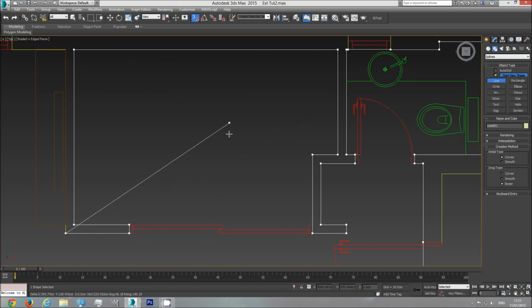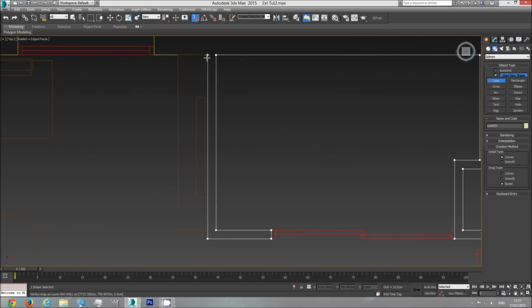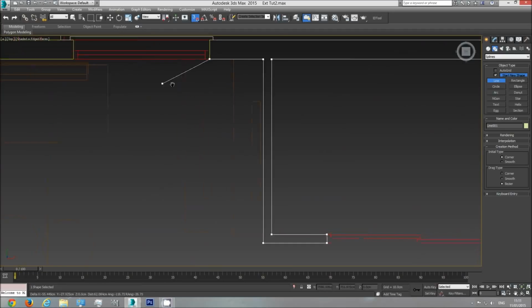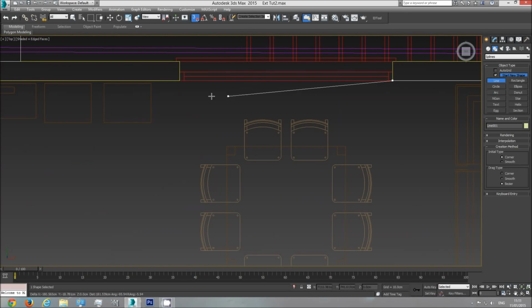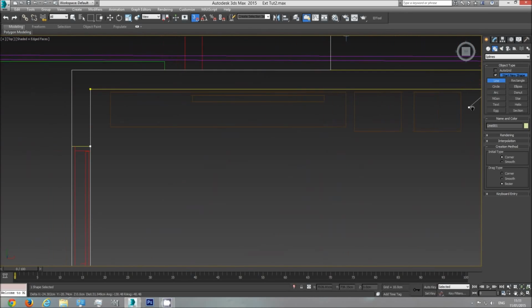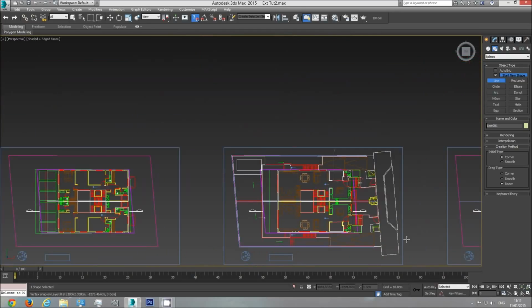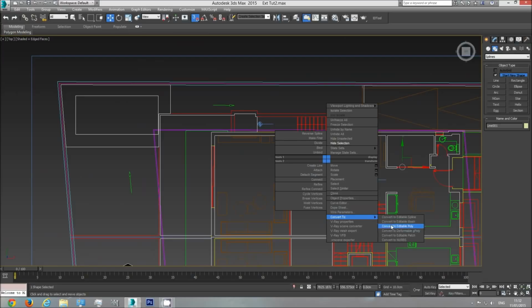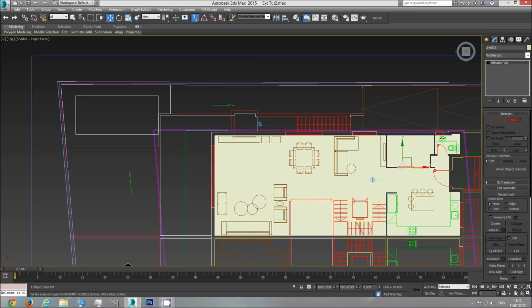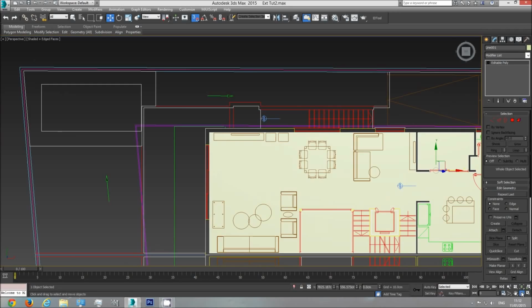Something like an elevator over here, but we're not going to mind it. Let's continue. Here, here, and again here. And close the line where we started. Close spline, yes. Now, we have a line here. I'm going to right click, convert to editable poly. So now we have the interior floor